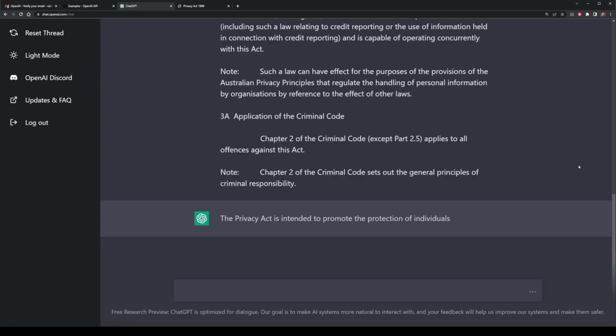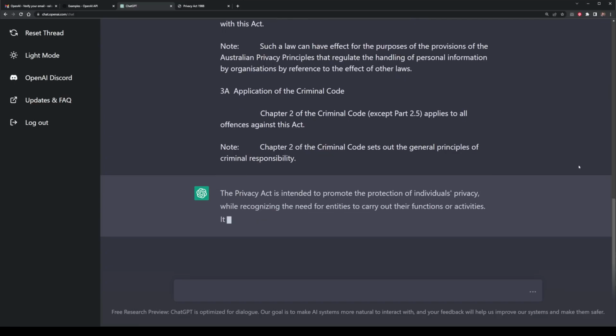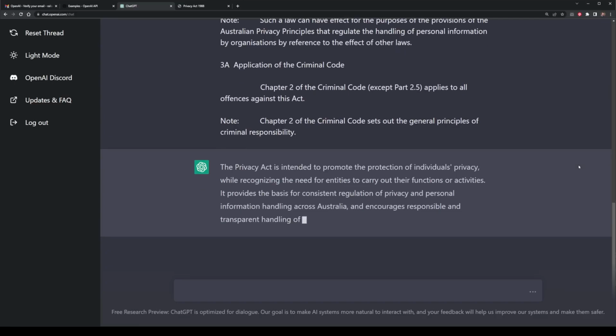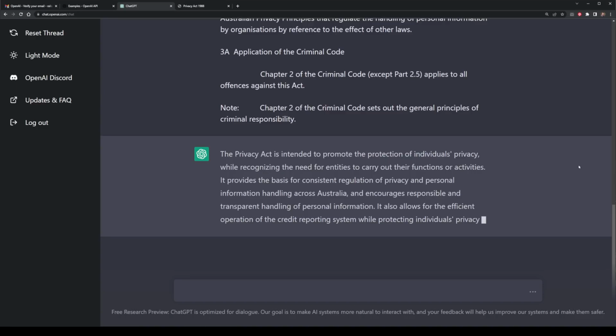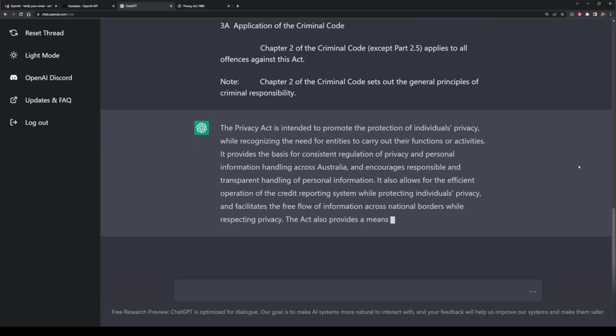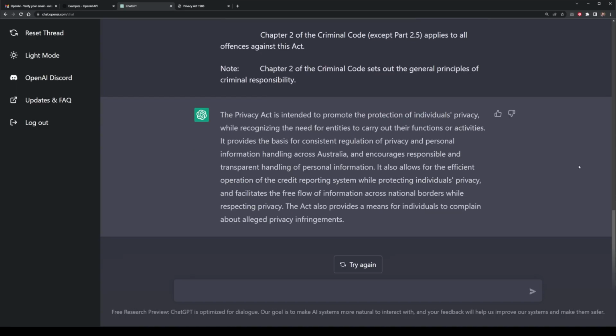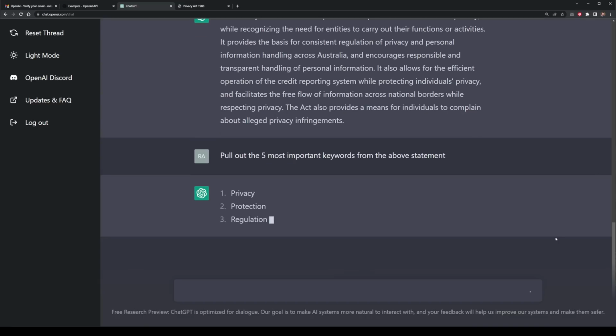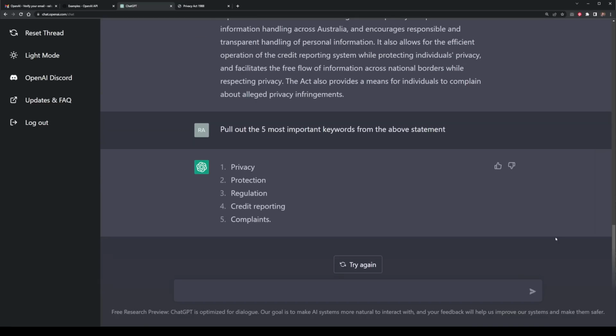The output is just a sentence or a paragraph here explaining what this section of the Privacy Act intends to explain. And while I won't get into the specifics of that, this is just an example of how you can do this. This is basic summarization. Of course, you can summarize it even further, such as requesting ChatGPT to simply pull out the 5 most important keywords from the above statement. Summarization with ChatGPT can work in a number of ways. You don't always just have to explain